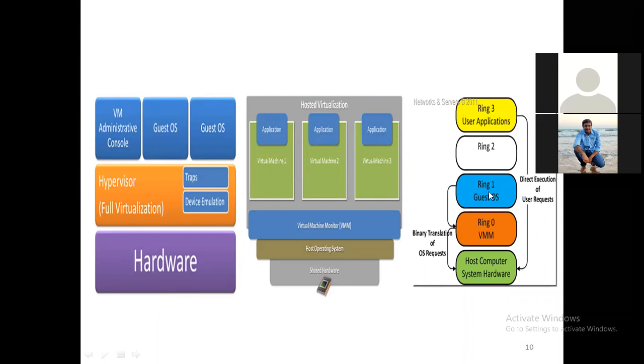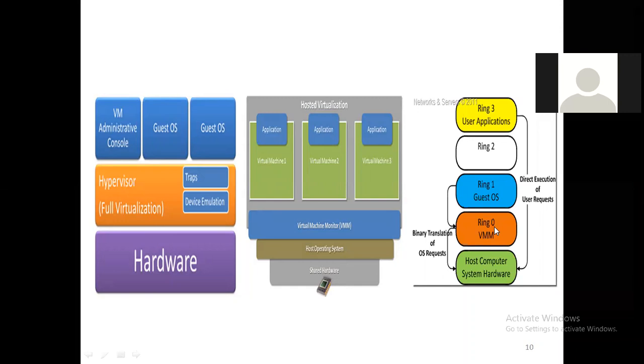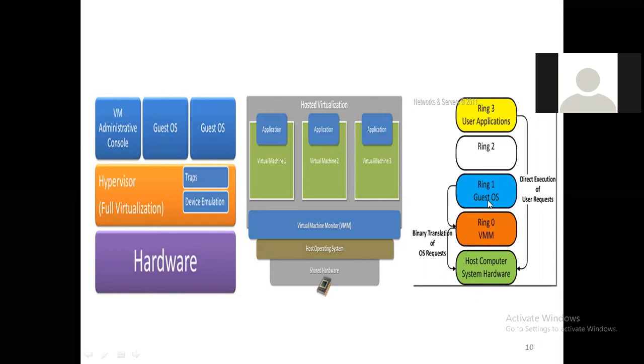Suppose there is any virtualized instruction from the guest operating system, that will go to the ring 0 virtual machine monitor. What it will do is trap that one. What is meant by trap, guys? It's like an interrupt. It will stop the execution of everything, and it will execute that one. That means these instructions are unsafe instructions. The instructions that come from the guest operating system are unsafe instructions, which have to be changed to safe instructions. How can we do it?